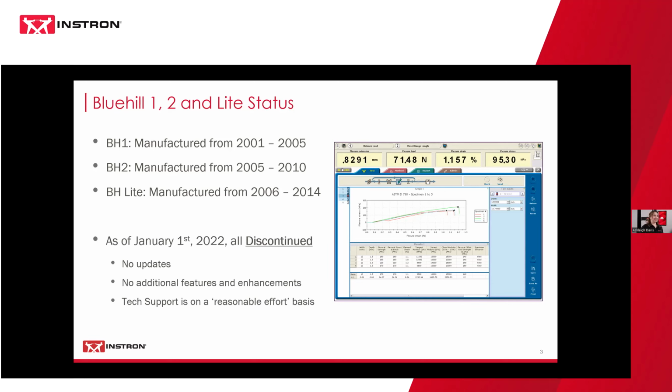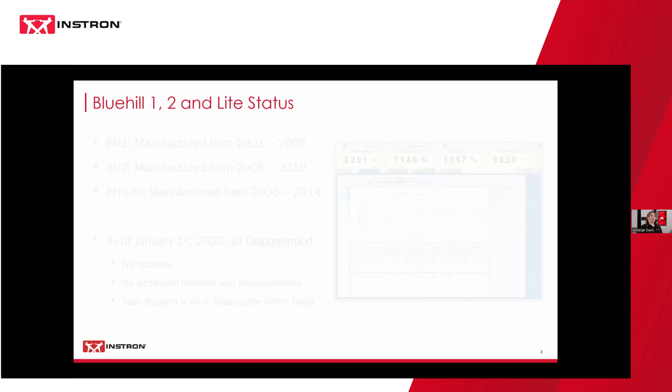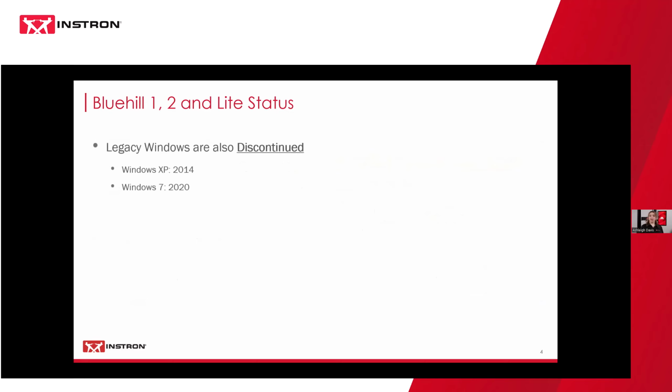Not everybody has utilized 1 and 2. So I just want to give a minor warning that we're not always going to have the people on hand who are familiar with these older versions of software. And the reason that we do upgrade our softwares, so 1, 2, Lite, 3U, is because we're trying to keep up with Windows. Windows is updating every couple of years,